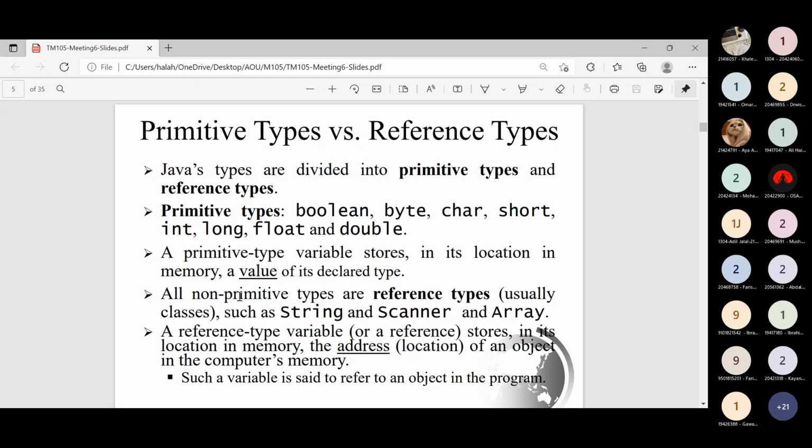Whereas all non-primitive types, which are actually reference types, usually classes, like string, like scanner, like array, store the location of the memory that starts the value of this data type. So a reference type variable, or a reference, stores in its location in memory the address or the location of an object. So basically, if I said integer array